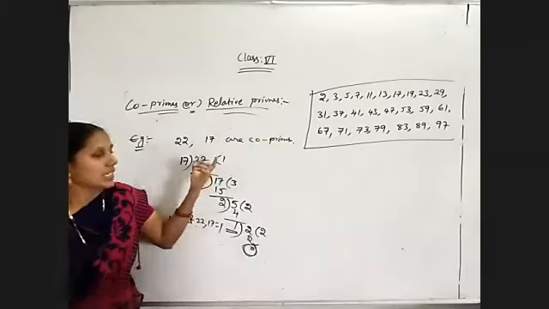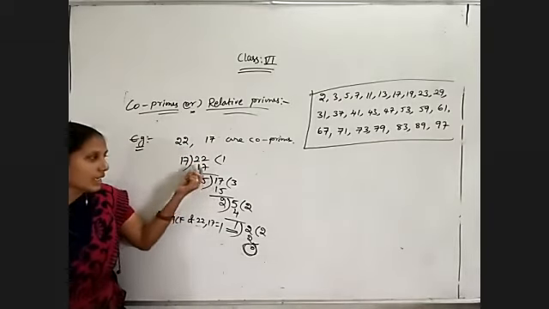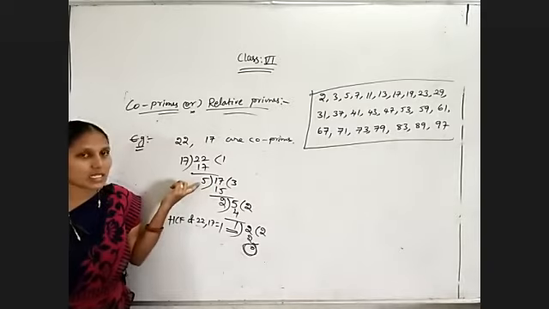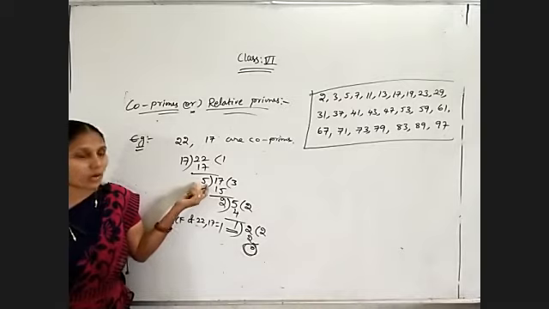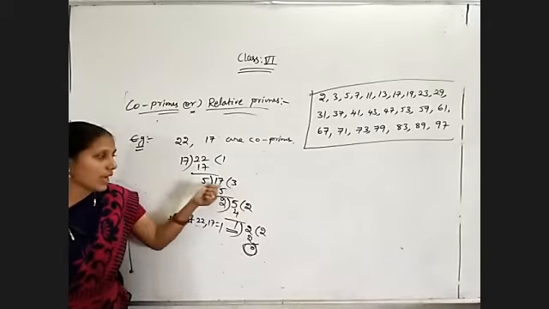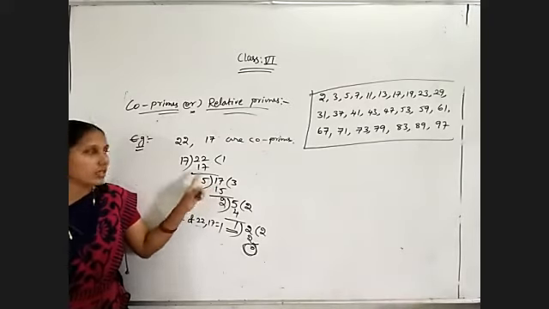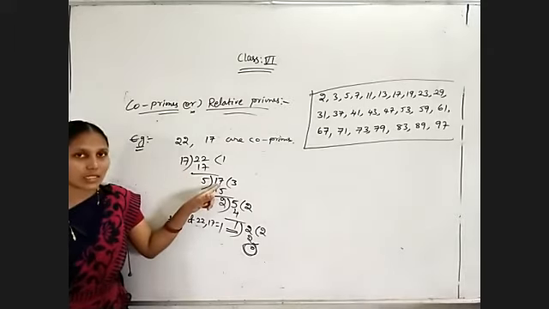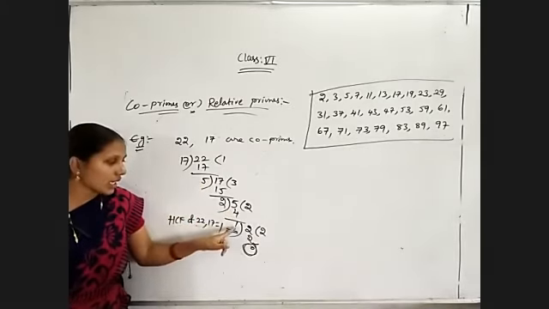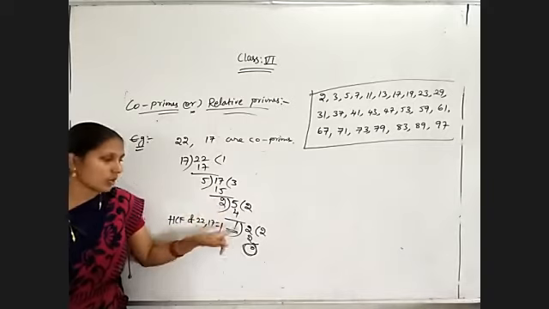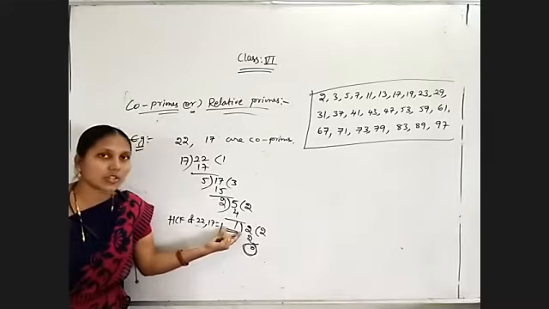So listen, HCF is nothing but: divide the greater number with the smaller number, first step. And whatever remainder you get, if you get the remainder 0, that last divisor is the HCF. But here we are not getting remainder 0. What we got was 5. So take 5 as the divisor and the last divisor as the dividend. So whatever was the divisor there comes here as the dividend, 17. Again when a remainder comes, whatever we divided with first should be taken as the dividend. So again here 1 came as the remainder. Then the last divisor is 2, so take 2 there. Then remainder 0 came. So wherever 0 comes, that last divisor is the HCF.